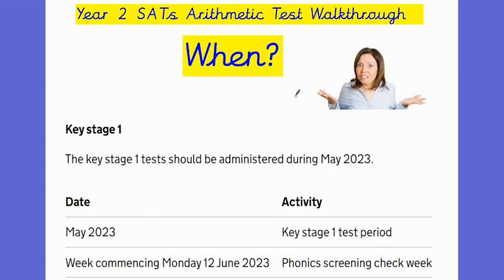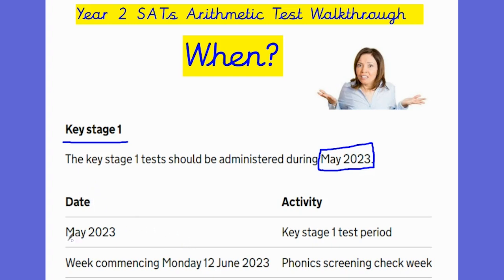Okay, so when are they taking place? Well, the Key Stage 1 SATs, also known as the Year 2 SATs, take place during the month of May. Now, what that means is the school, unlike the Year 6 SATs, where there's a specific date, they can decide any time during the month of May when they want the Year 2 children to sit those SATs. Now, there's also another reason why it's for an entire month, and that is because with the children being younger, often schools like to do the tests over a longer period of time and get the children to do it in small groups. And that's so that they can best support the children, because, as you know, the children in Year 2 are still very young,